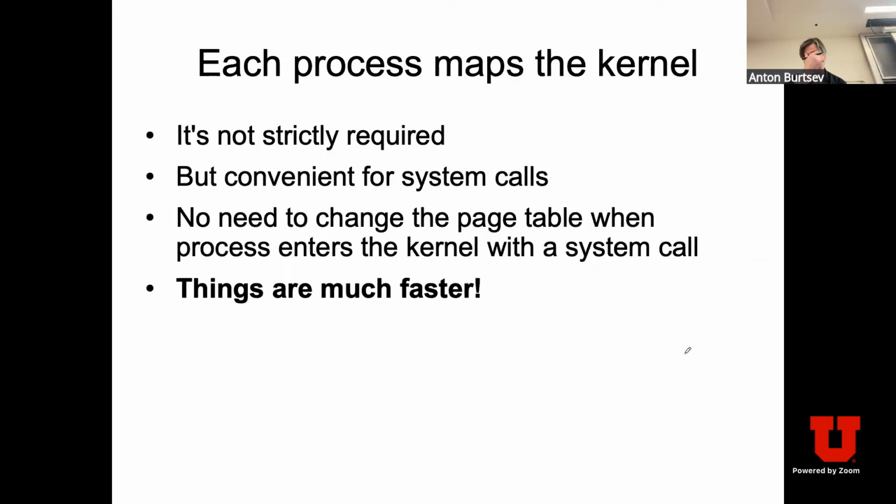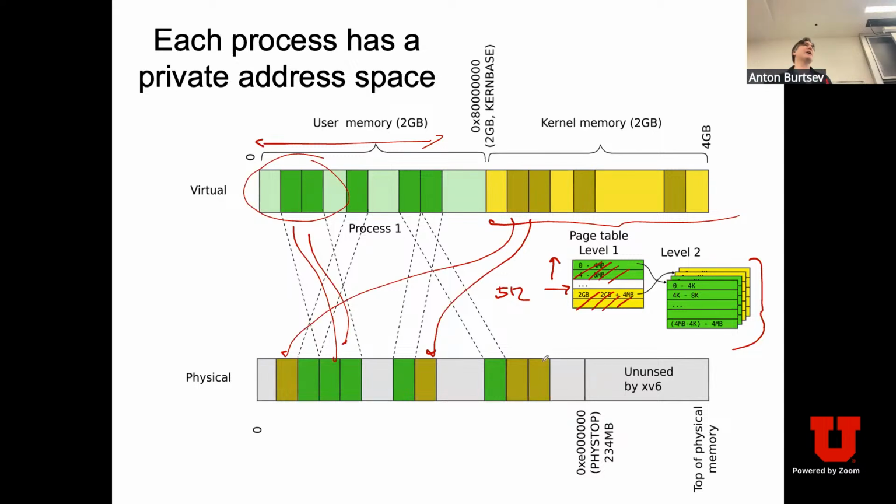Again, I keep mentioning that each process, each address space of a process, will map the kernel part, this yellow part. And one of you might ask a question: is it really necessary? So why are we really mapping this yellow part in every process of a system? So for example, if we have two